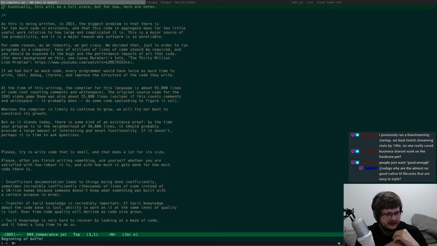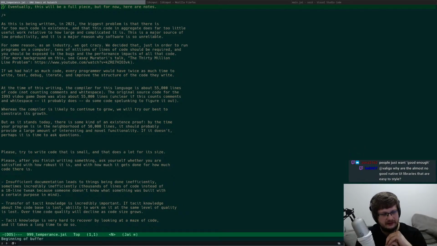Why are there almost no good native UI libraries that are easy to style? I guess it depends on your definition of easy, right? Everything is easy when you get used to it, right? So do you mean it's verbose, or something is impossible to achieve, or maybe the API is bad, or